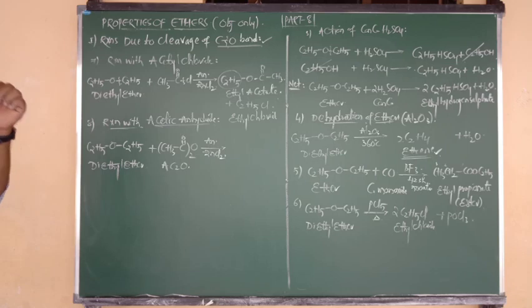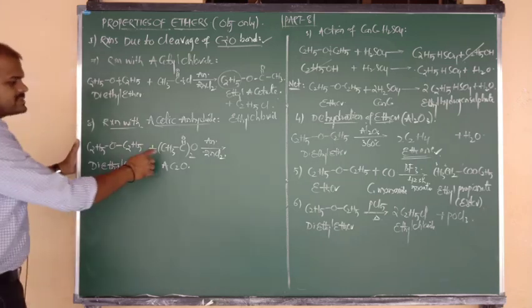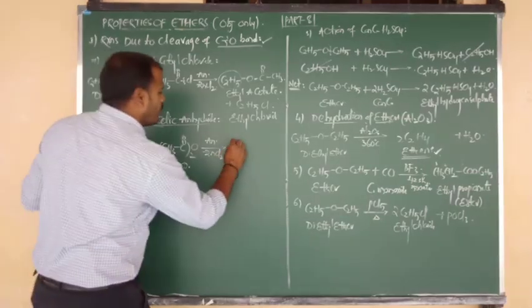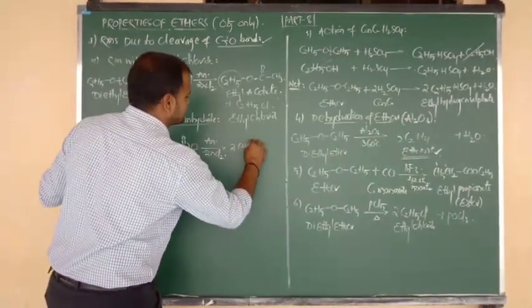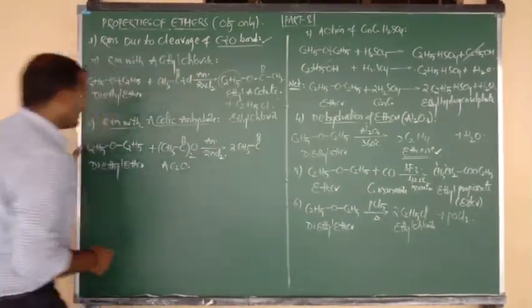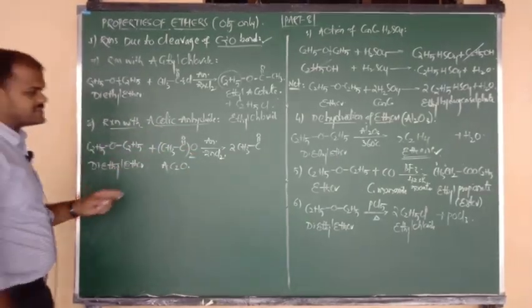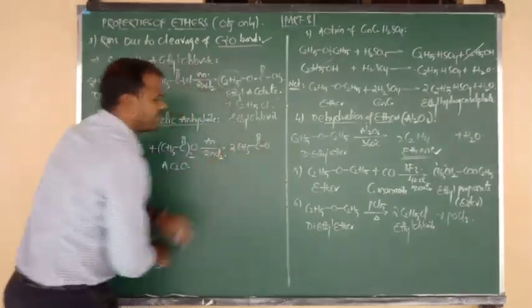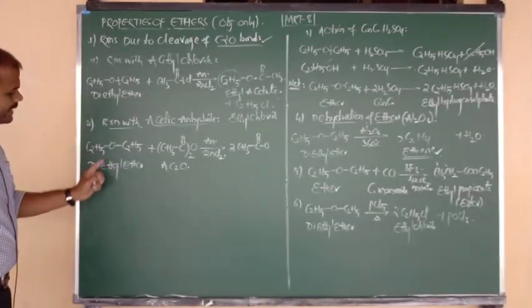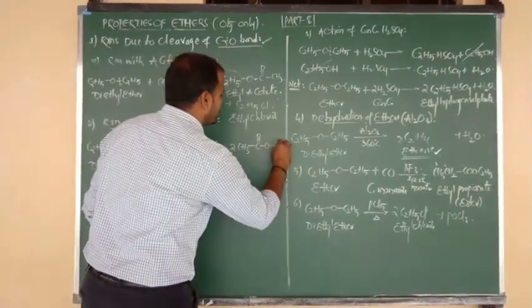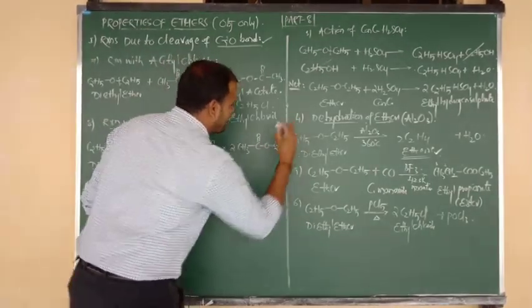Now what may be the expected product? Listen carefully. CH3C double bond O, how many groups are there? 2 groups are there. I am going to write it here as it is. Outside one free oxygen is there, and in ether also another oxygen is there. So 2 oxygen atoms are there. And here in diethyl ether, how many ethyl groups are there? 2 ethyl groups are there. I have written this here as it is.